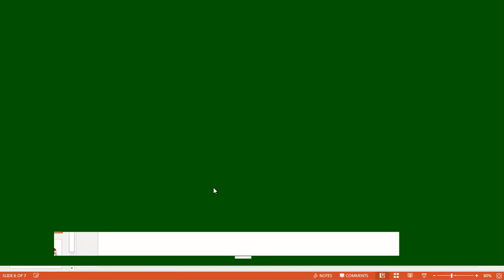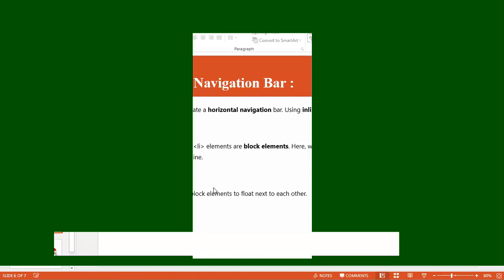Most websites use the horizontal navigation bar. And sometimes the vertical navigation is used when you view the same website in a mobile application or any smartphone. The horizontal navigation bar is mostly used when you view the website on a laptop or desktop. When you view the same website on mobile phones or smartphones, you will get the vertical navigation bar. So I will show that one.